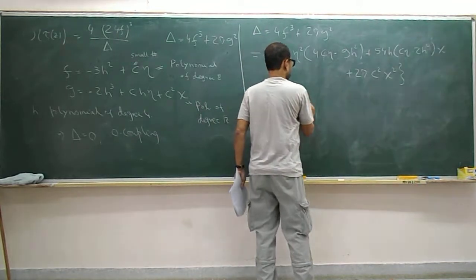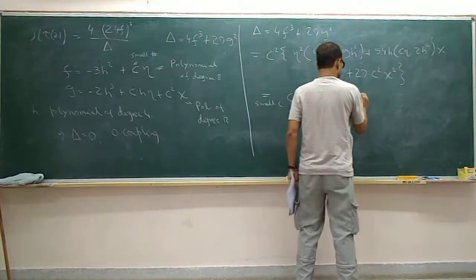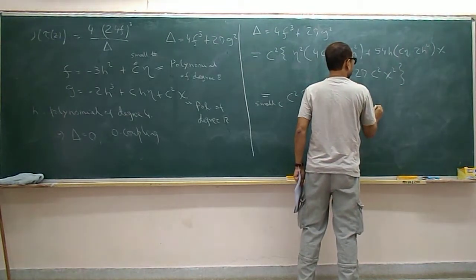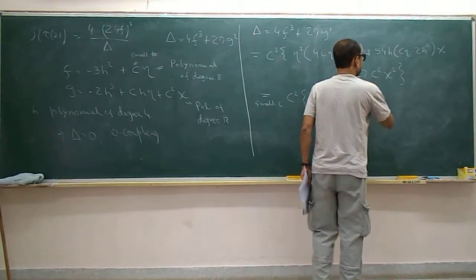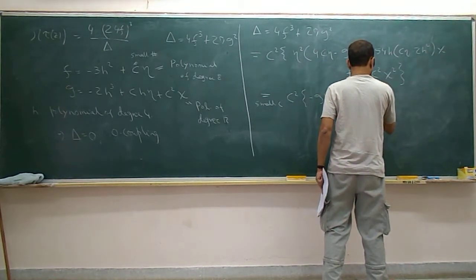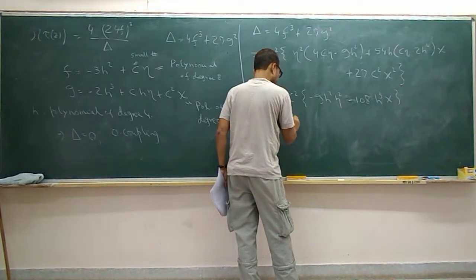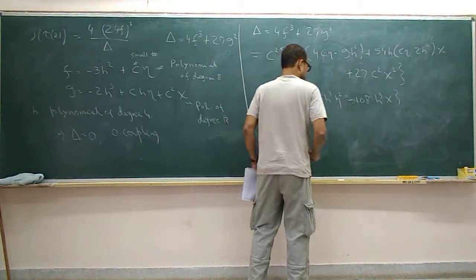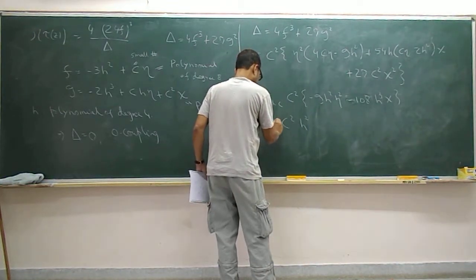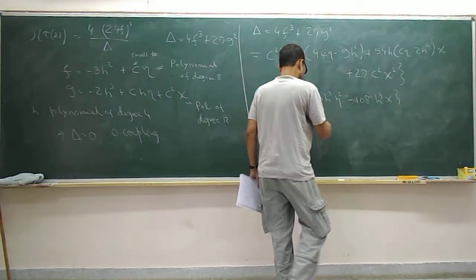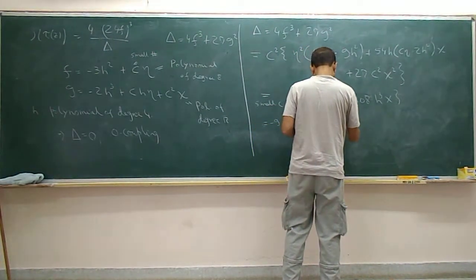So we get minus 9 h square eta square plus 54 minus 108 h cube chi. So this is c square h square. So I can also put a minus 9 c square h square times eta square plus